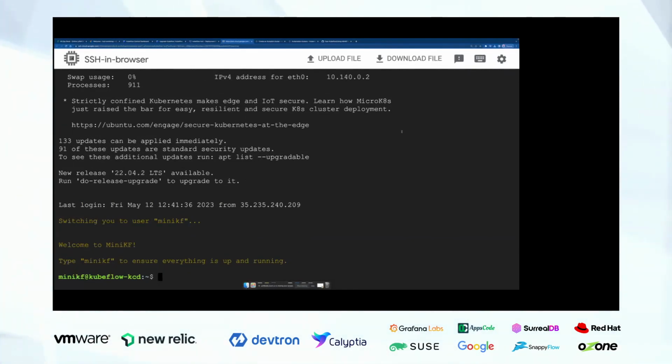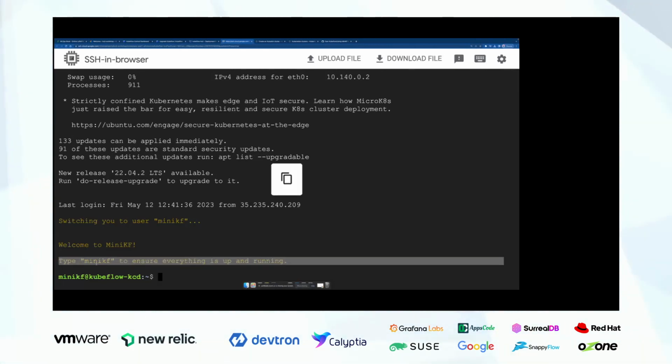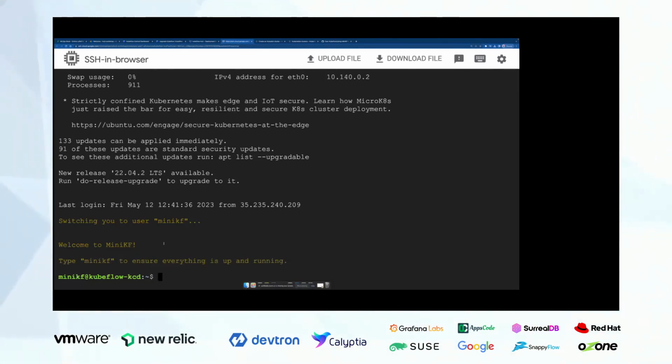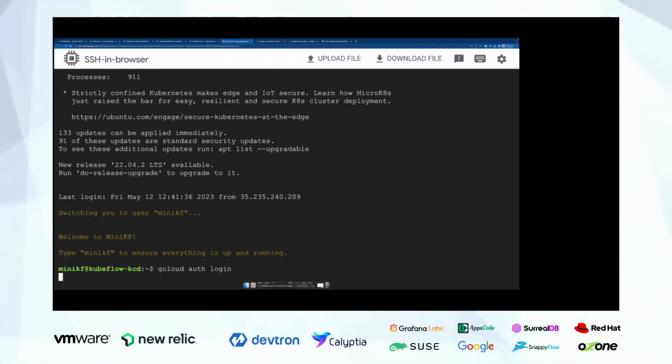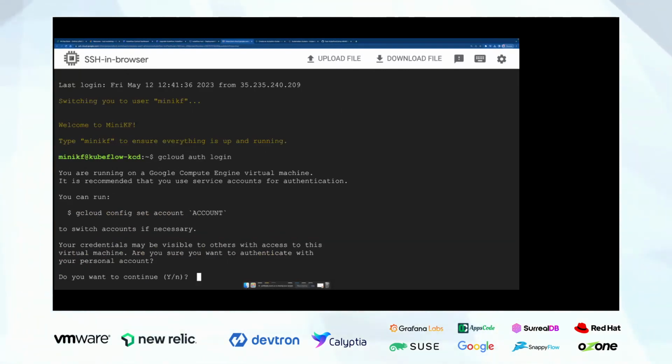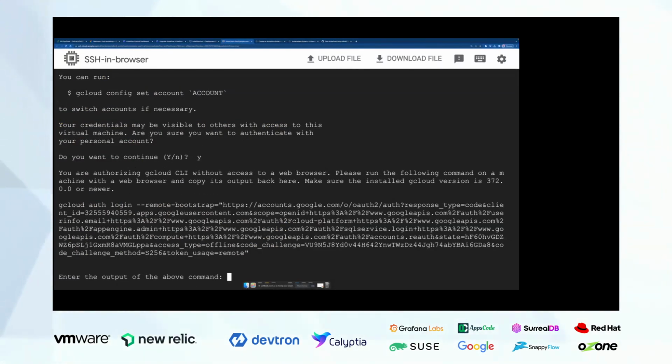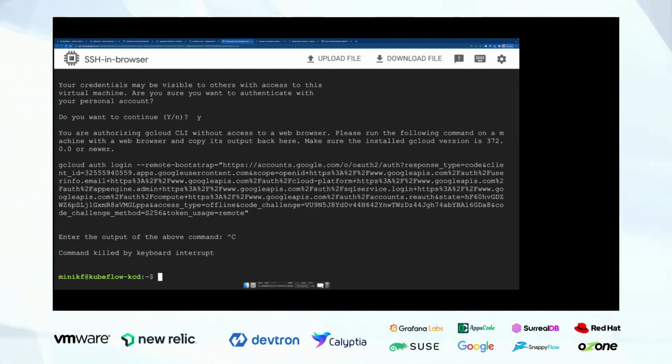Yeah. So the first thing, you just have to do as instructed here. This is asking you to type minikf to see if everything is running or not. Before that, what you want to do is just do a gcloud auth login. What you are essentially doing is logging in with your Google Cloud account here, and this will give all the necessary permissions to this machine to execute everything on your behalf. Since I've already done it, I'll not do the authentication again. Then what you want to do is, since minikf,